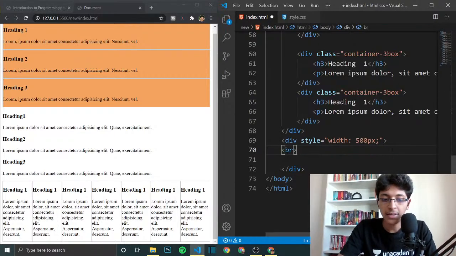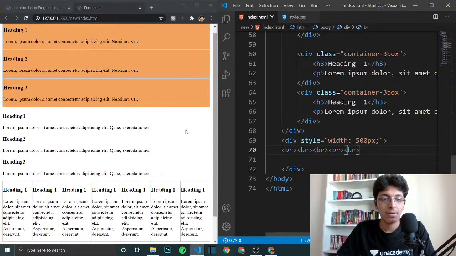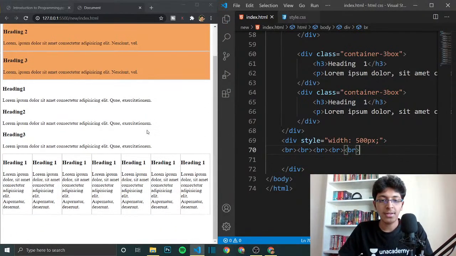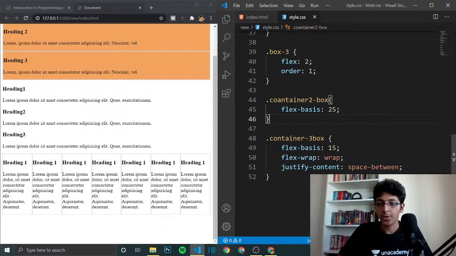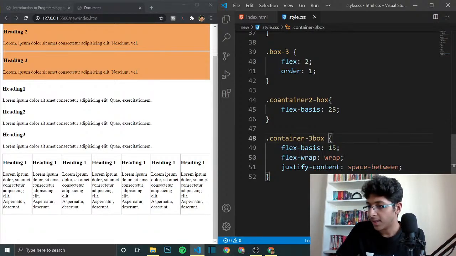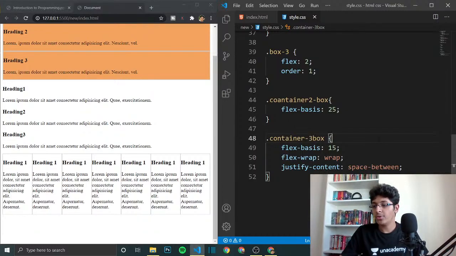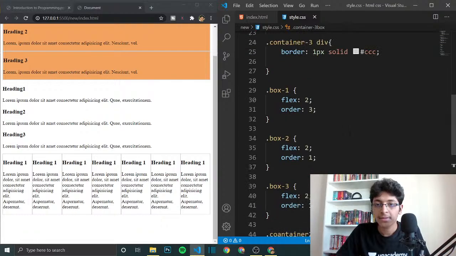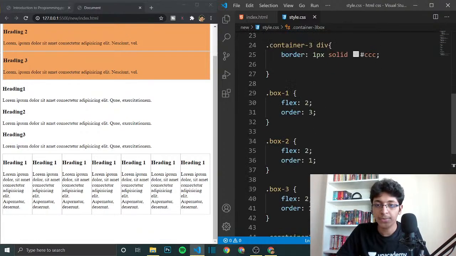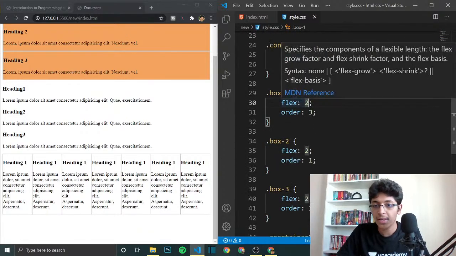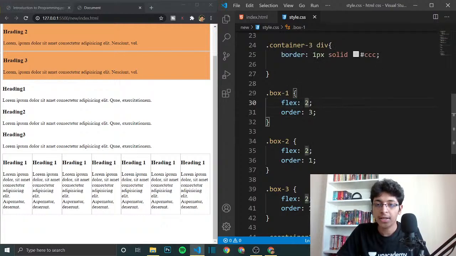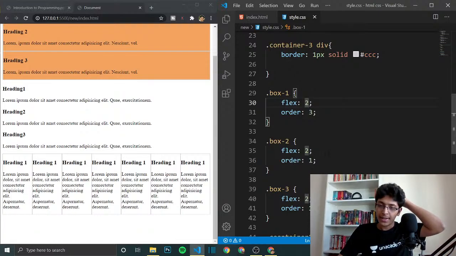We can have some BRs. And as you can see, this is a lot better visible right now. Okay, so you've done with container and container 3 box, and that's basically how Flexbox works. It's not that difficult to understand. I can keep changing the flex to maybe 3, maybe 4, and then it would change accordingly. Okay, so that's just the basics